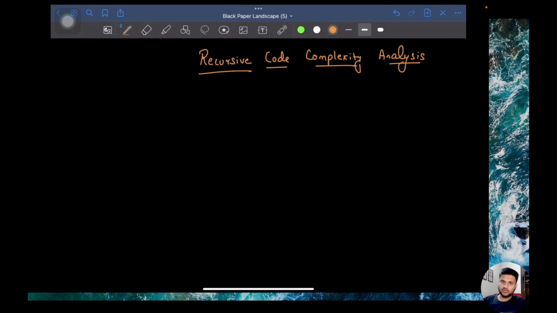So now let's start talking about how you can analyze the time complexity and space complexity for a recursive code. Till now we have done everything with respect to iterative code. Now we need to talk about recursive code. Overall the theory remains the same, that is we have to do the time complexity analysis